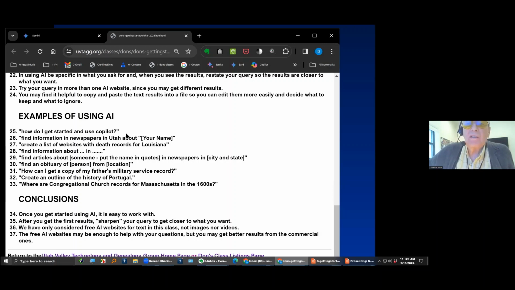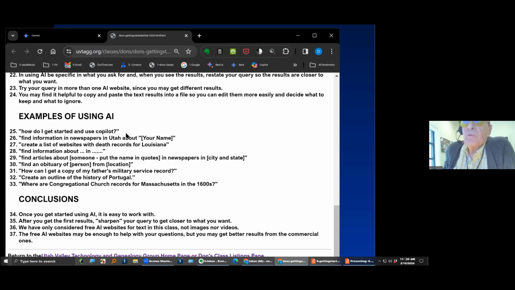the dental society that I didn't know Dad was a member of. I guess I should have assumed he was, but it listed him there, and it told a little bit about him. He went to USC, University of Southern California in Los Angeles, and then he was a practicing dentist in Los Angeles afterwards. So you might get stuff that you didn't know about in there, or create a list of websites